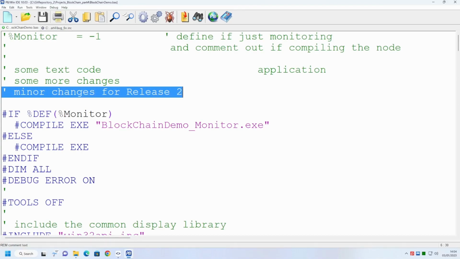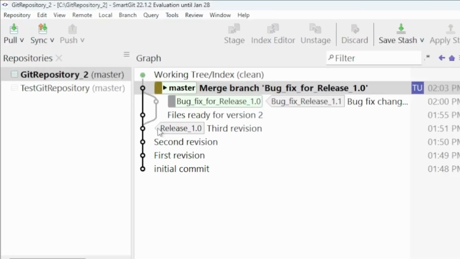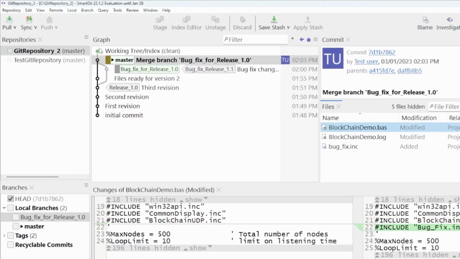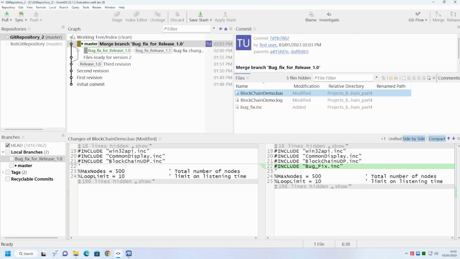So what SmartGit has done for you is identify the changes that were in our version 2, identify what changes were made for the branch, and merge the two together for you quite happily. And we can see from the diagram, graphically, the branch has now been folded back into the main trunk. So we can now continue the development on version 2, safe in the knowledge that the code we amended for the bug fix has now been included in the main trunk, so that version 2 when it rolls out will not be missing a bug fix.